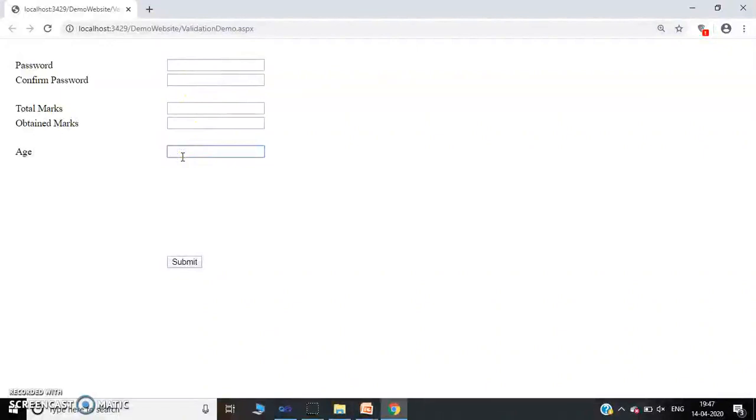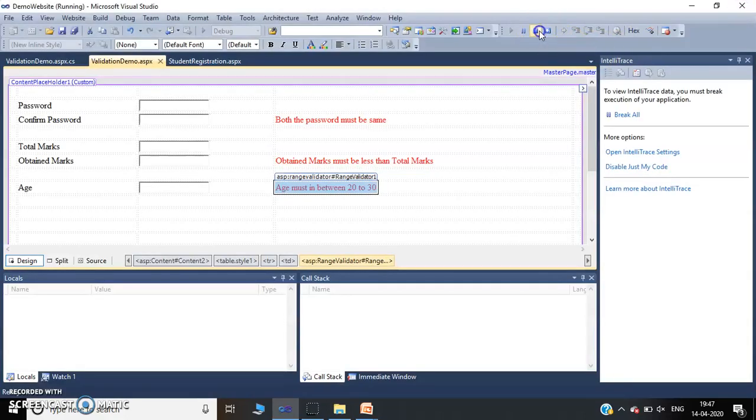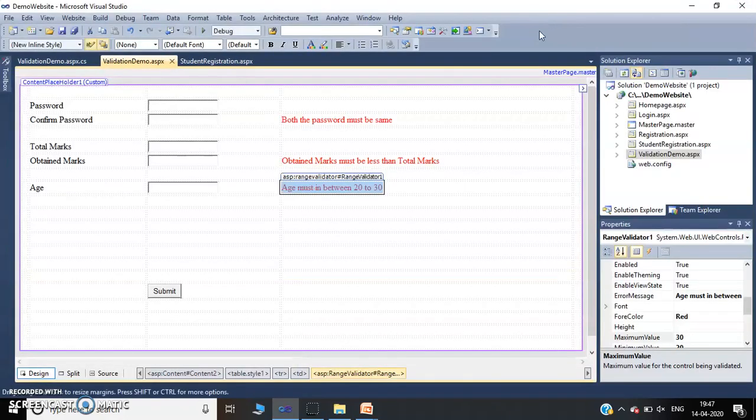Initially I will enter an invalid age, that is more than 35. It will display an error. Even it will display an error if the age value is less than 20. Again it will display an error. But if I enter a value in the range 20 to 30, it will accept the age. So this is the range validator, to provide a range.